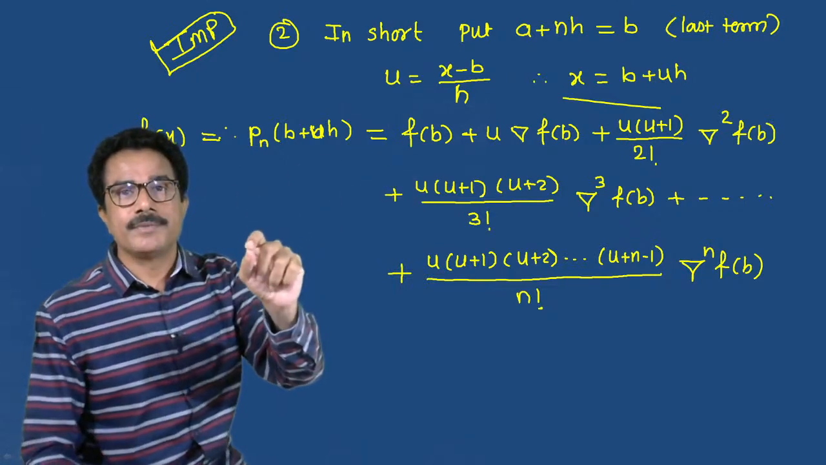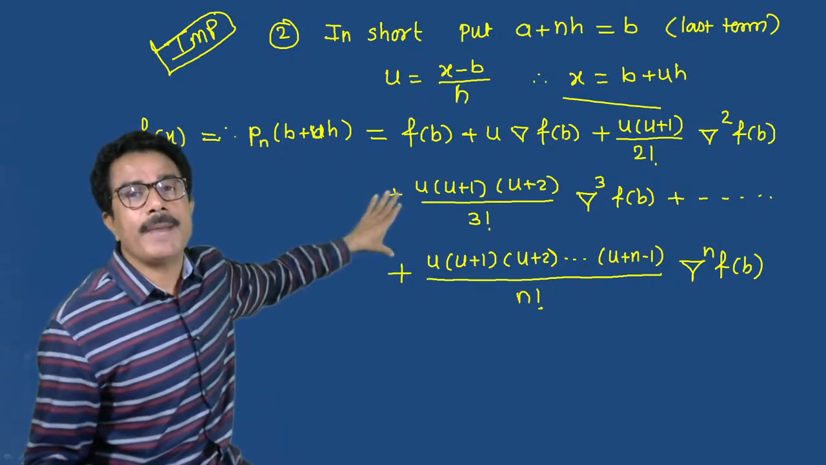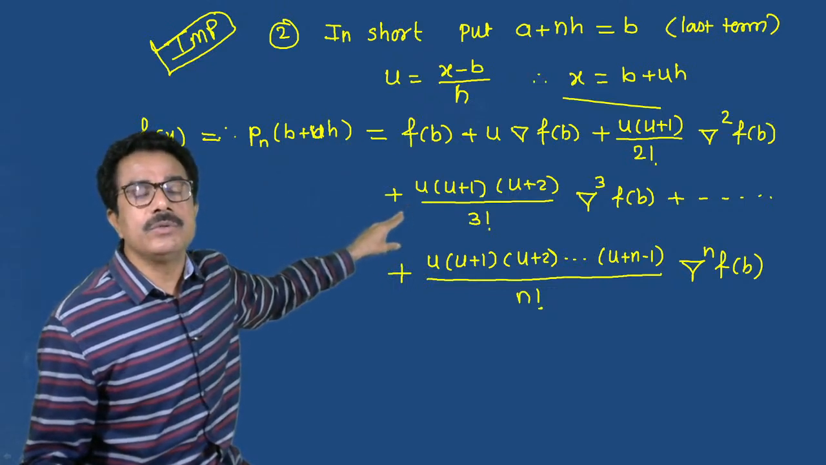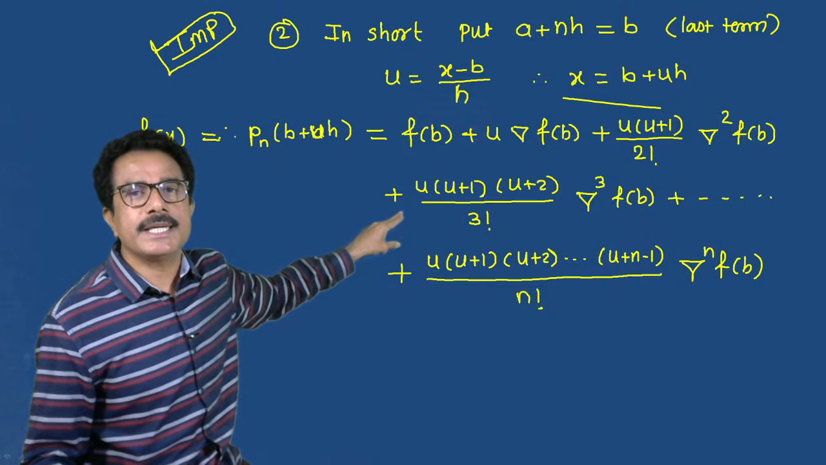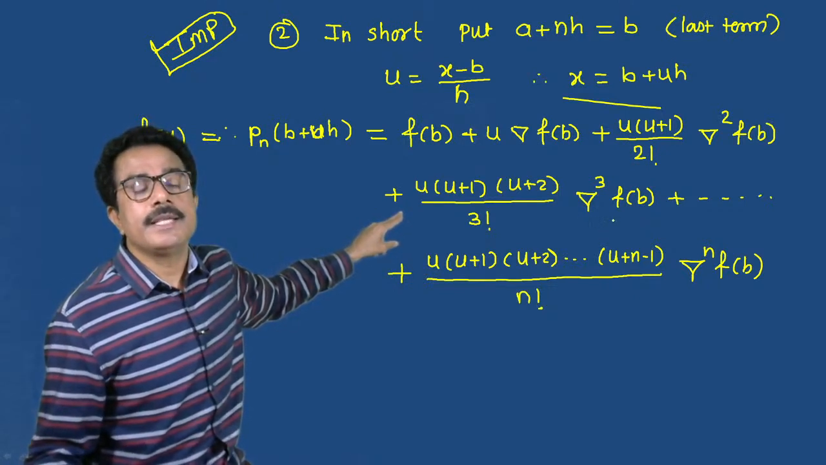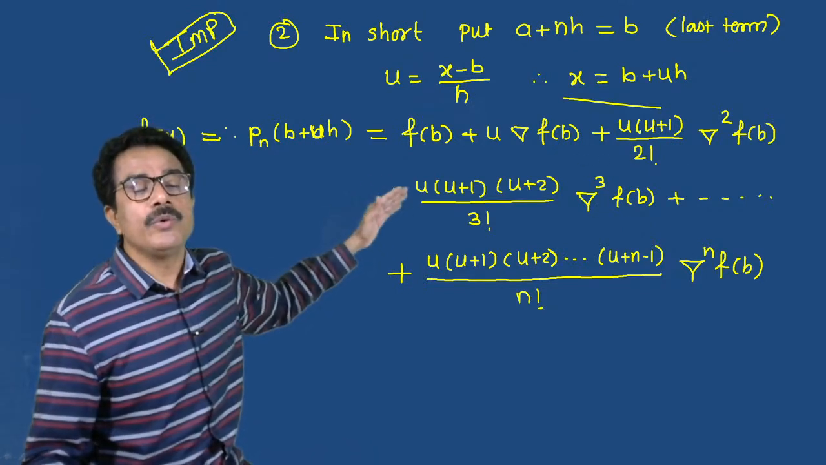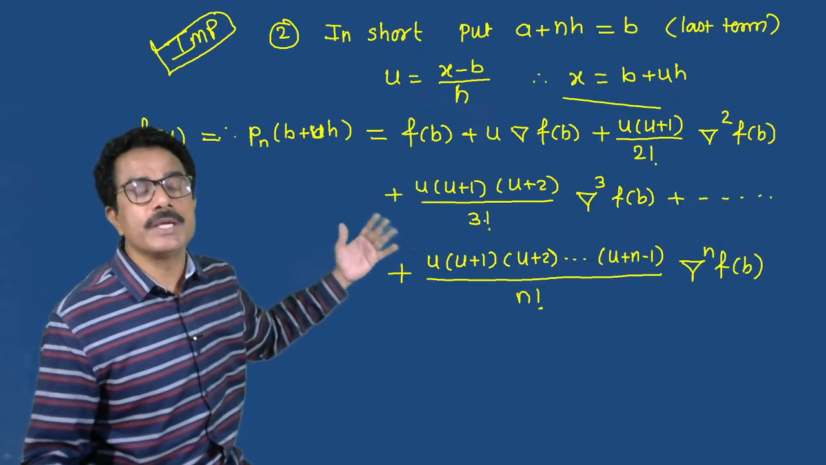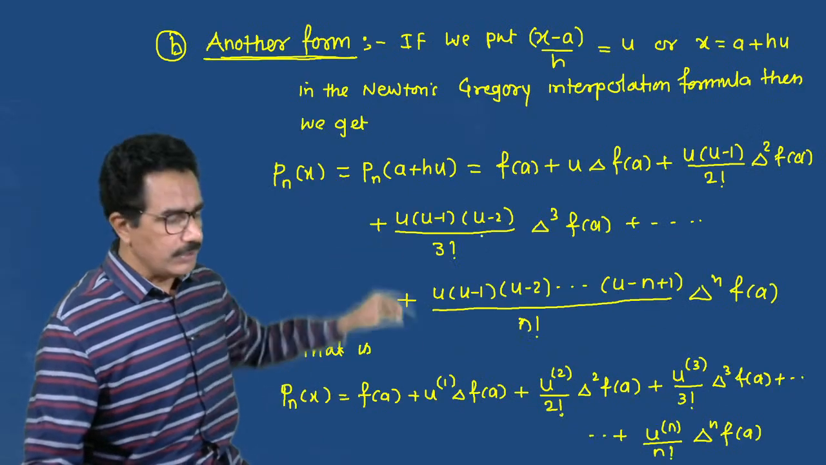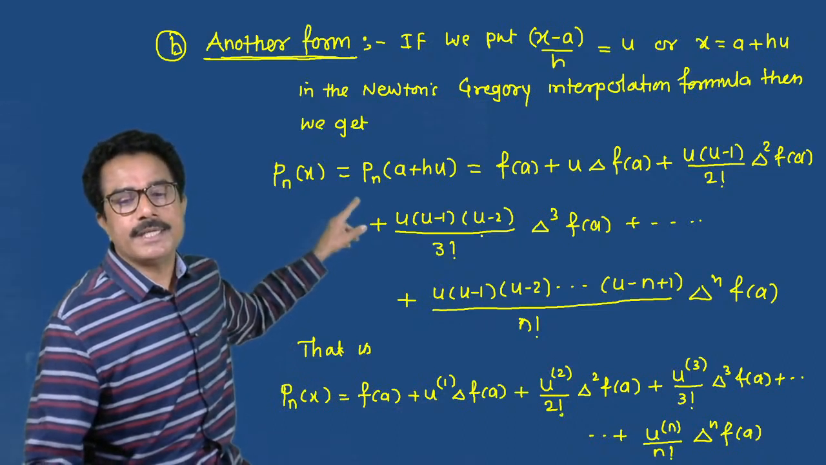You note that the short trick to keep this formula in our mind is that in the backward Newton's Gregory backward formula you may write del f of b, del square f of b, and use u into u plus 1, u into u plus 2, b means the last term. And here note that in the Newton's Gregory forward interpolation formula, you have to write f of a,